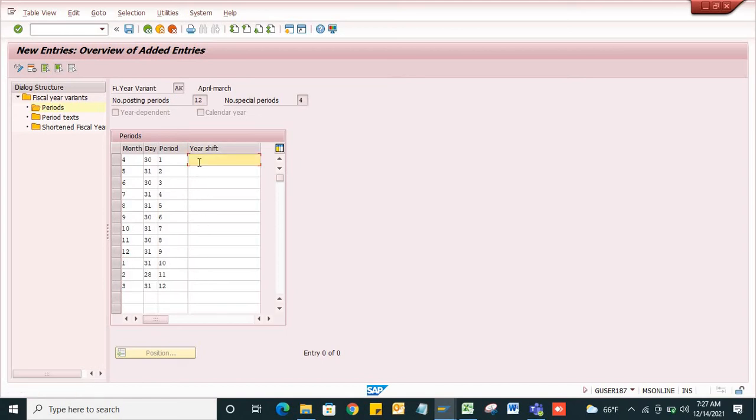So in the April month there is no change in year. If there is no change, we need to enter 0. No change, no change, no change. See, from the 10th period onwards, what happened? The calendar year would be 2022 and the fiscal year would be 2021.